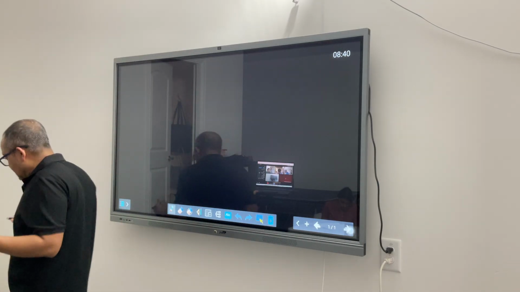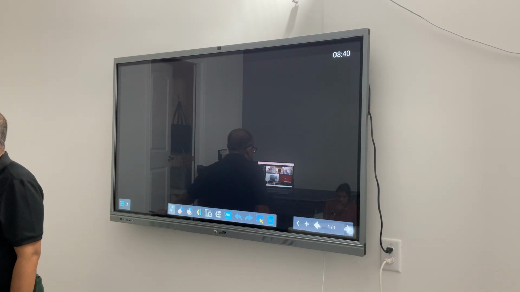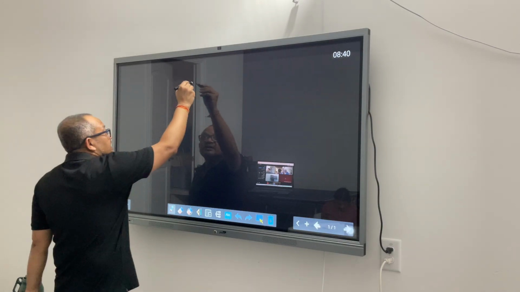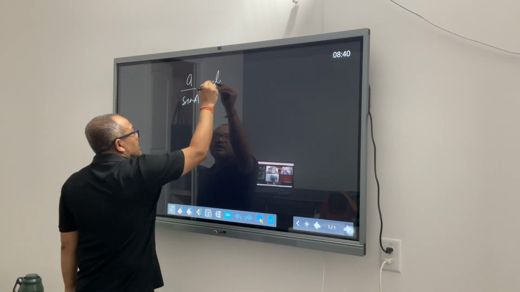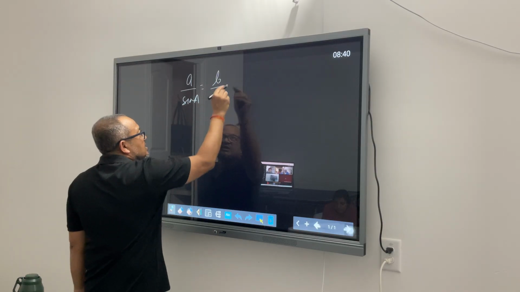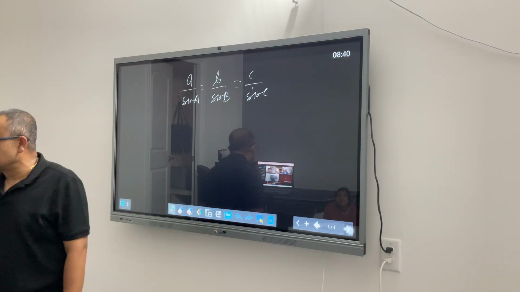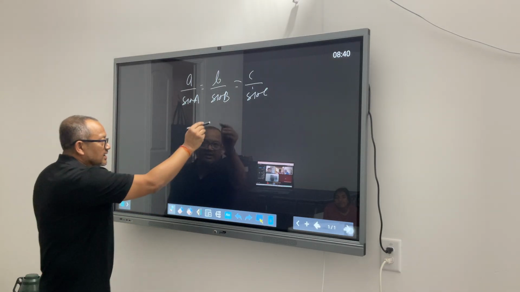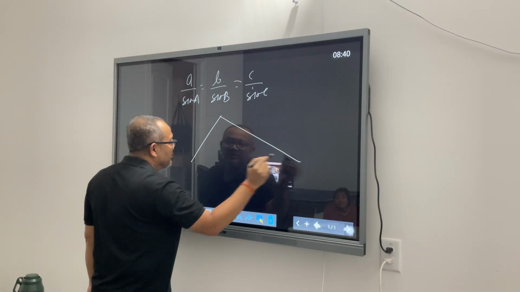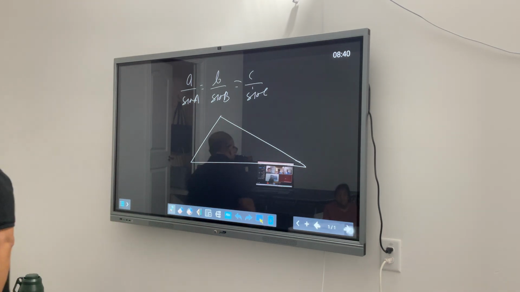Now, before we try using it, let's try to derive how law of sine came into existence. Let's say A by sine A equal to B by sine B equal to C by sine C. Somebody is forcing you guys to believe this. This is saying this is law of sine. So let's try proving it. Let's try to make sure that we get a grasp of it and we get convinced that yes, this is to be believed.